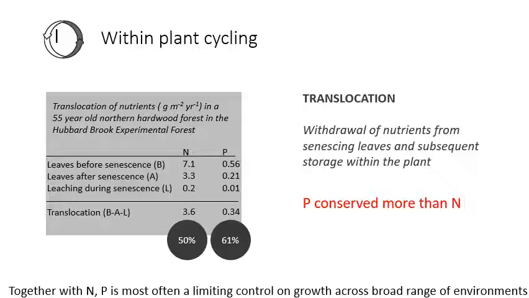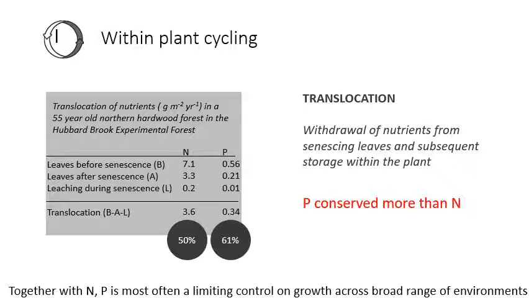So let's have a look at this table again. If you remember the word translocation, that means the withdrawal of nutrients from senescing leaves and subsequent storage within the plant. And this is the same table we showed you before. We had leaves before senescence, so green, healthy leaves. And you can see there's about 0.56 grams per meter squared of phosphorus in a leaf in this forest before